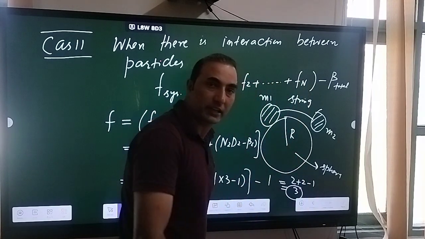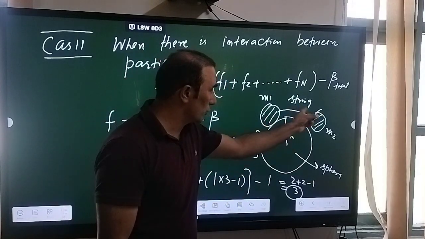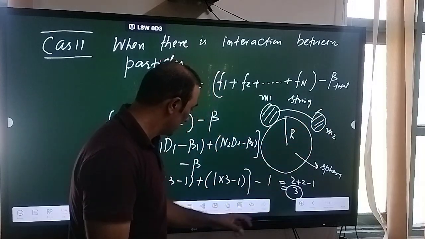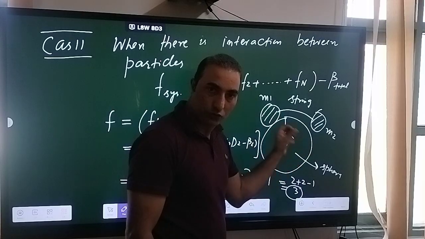डिग्रीज ऑफ फ्रीडम यहाँ पे 3 के बराबर है, बिकॉज ये कंस्ट्रेंट किसकी वजह से है, ड्यू टू दिस इनएक्सटेंसिबल स्फीयर, and this constraint comes due to the radius of that sphere. Okay,